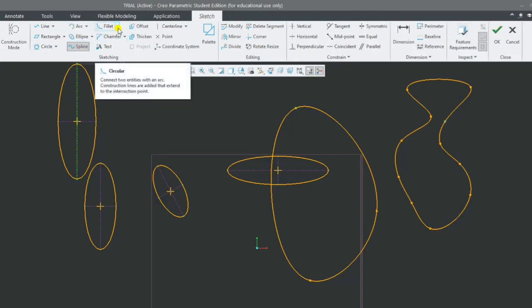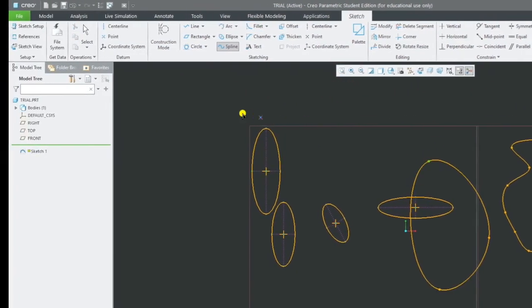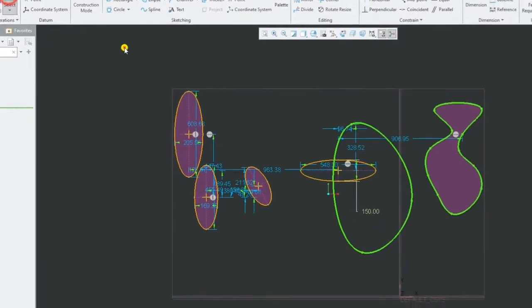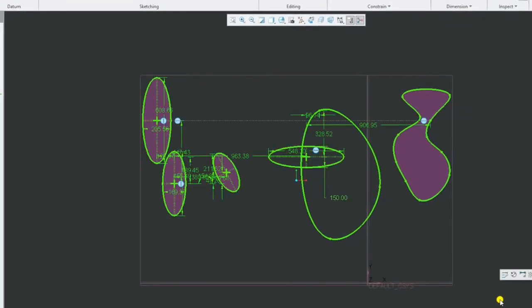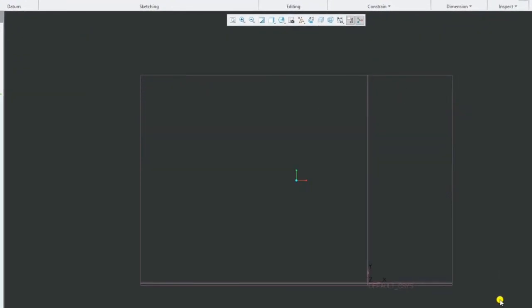We call the first one fillet. Fillet is nothing but connecting two entities. The fillet connects two entities with an arc. These are basically used for sharp edges and sharp corners. Let us see what those are and how we can do it. For the time being, we just zoom in and out, select all the drawings, and delete them first.